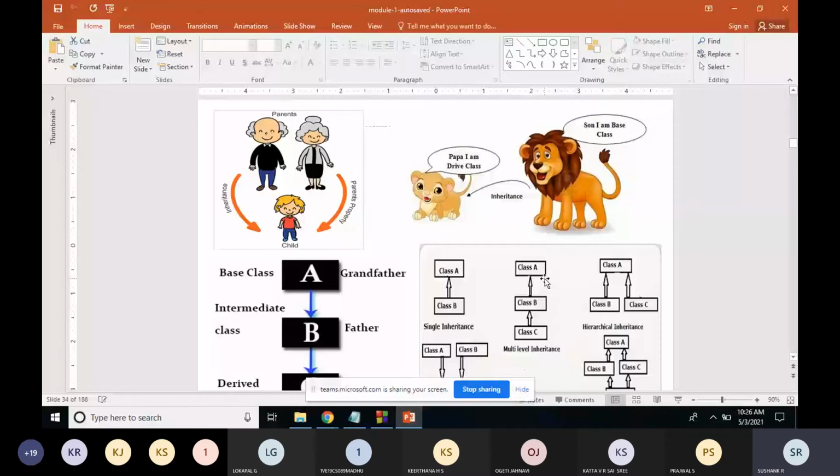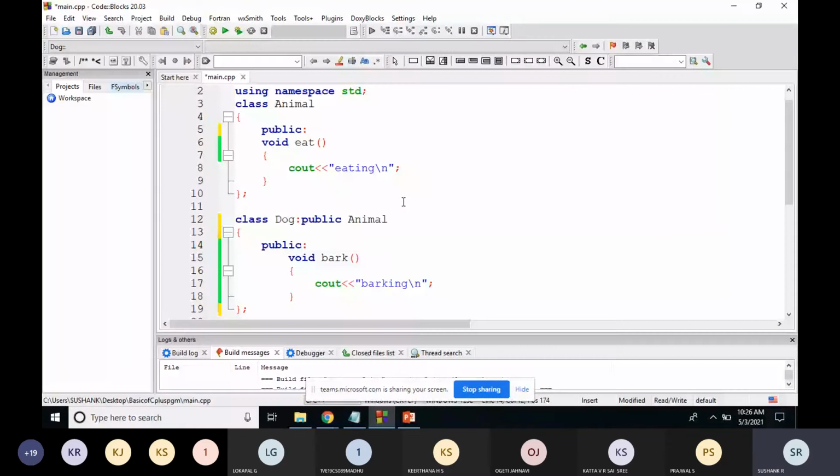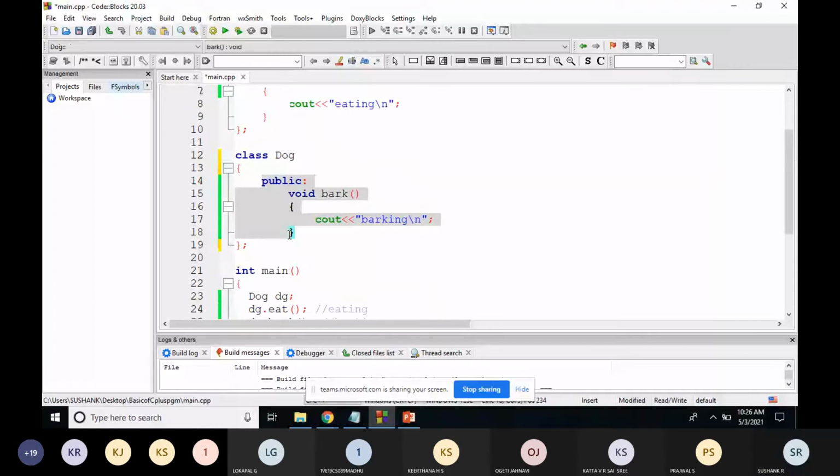So now let's go with that. There is one class, class A. First I'll write class A and the members of class A. Then class B and the members of class B. After that, class C, just written as one small class.